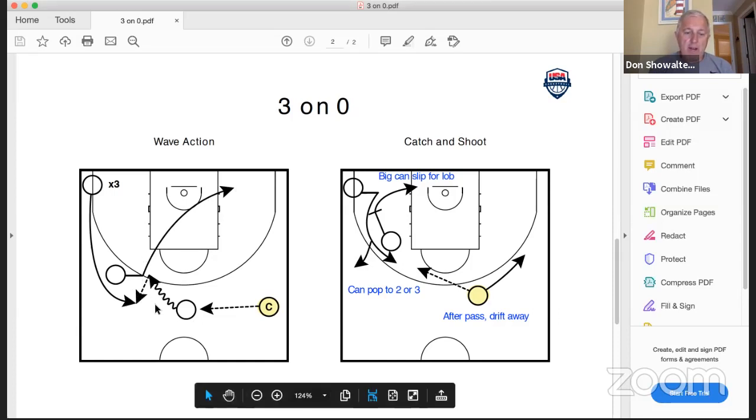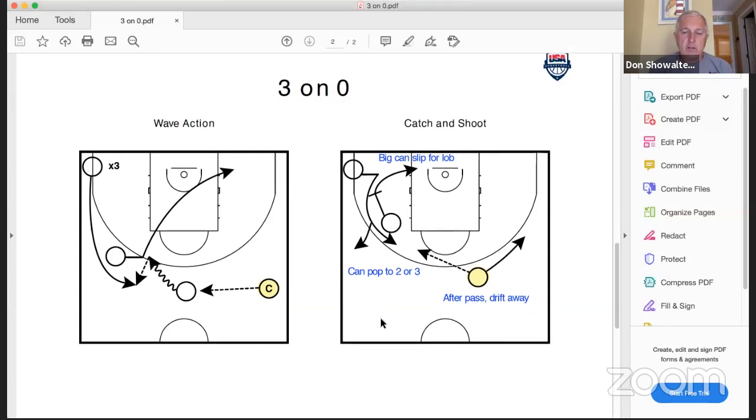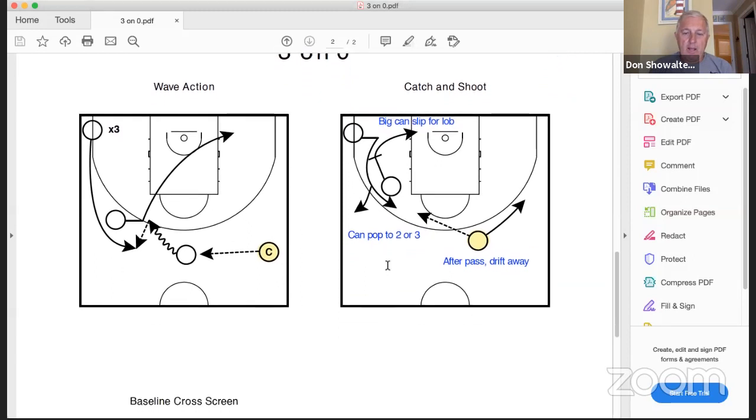dribble handoff right here as well. So maybe we pass back to the coach, and then we come through with this. And so we're getting a lot of action off of this, and then we're making reads to it. Catch and shoot again right here. Now we're working on a pin down, coming off that pin down, whether he does a curl cut, wing cut, whatever, slip the screen, looking for those